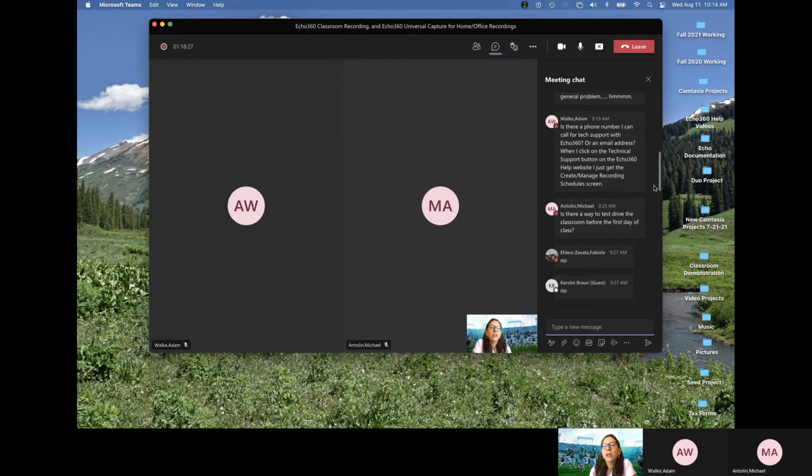Let's see. So they asked about support. We just talked about technical support. And yeah, that's weird. We'll double check on that. It might be your browser. Yeah, I tried clearing the cache and everything. It didn't help. The same thing yesterday and today. It just keeps going back to the same create a schedule page. And that's if I click on combine courses, to combine sections, which is what I was trying to do. It won't allow me to do that either,